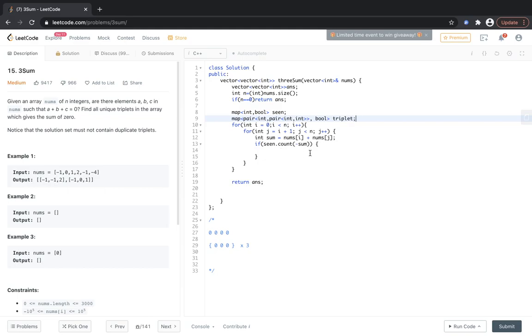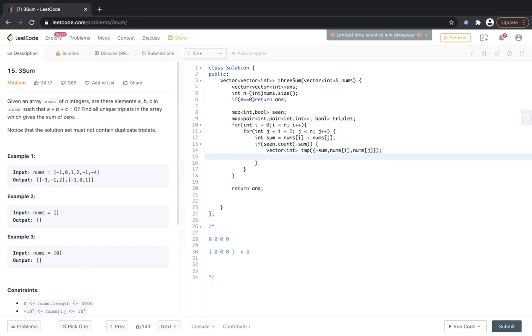So okay, vector int temp, this is just a temporary vector, and let's call our triplet as minus sum comma nums i comma, sorry, nums i comma nums j.